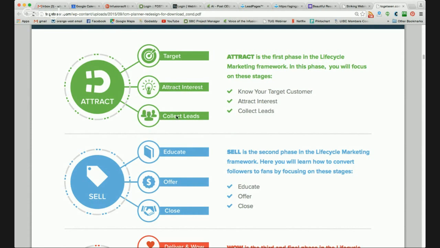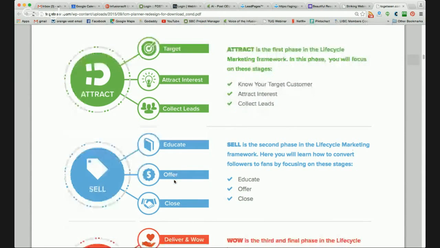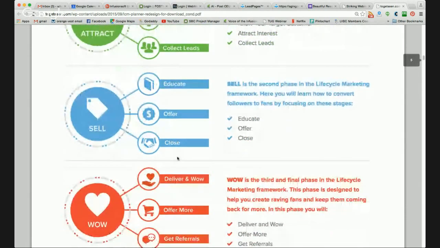They go to the right place to collect the leads, and then he's educating them on why they need a CEU, why it's going to protect their butts, why it's going to help in that self-preservation chunk, which is an irresistible offer to them. As he and I talked about, with some of the things coming down the pipeline, if they don't do this, they could be in serious trouble, which is then going to lead to them buying it, which then lets us deliver wow and offer more.